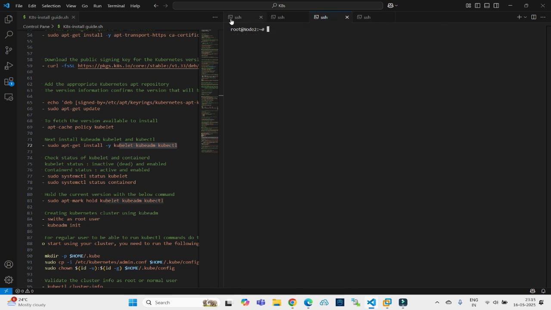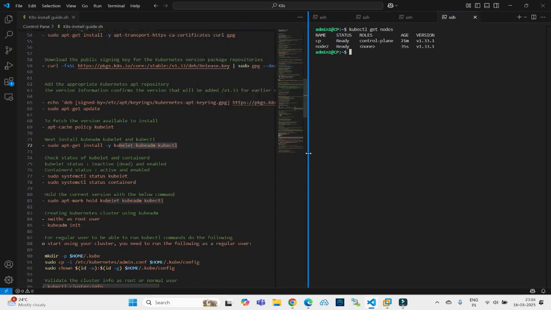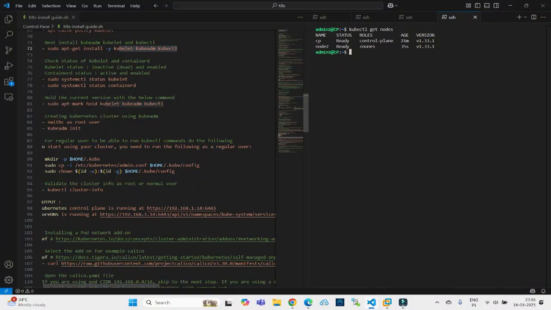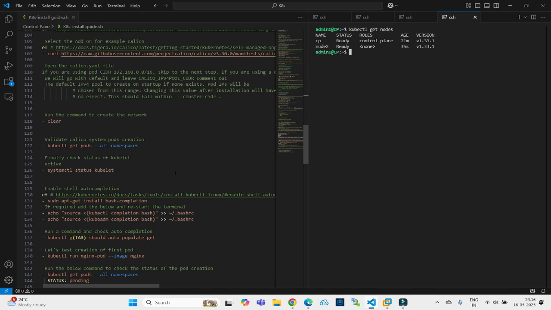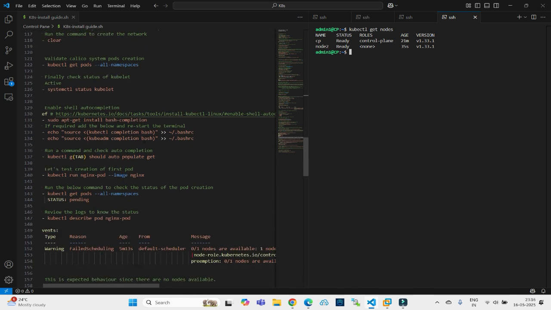Right, now since we have completed this, there is a pane here. As you can see, kubectl works fine, but if I do get, it does not auto-complete our commands. So let me adjust this a little bit. This is important for pretty much everyone, so that the commands auto-complete. There is an article available inside the documentation on how to enable auto-completion, so I'm going to run that